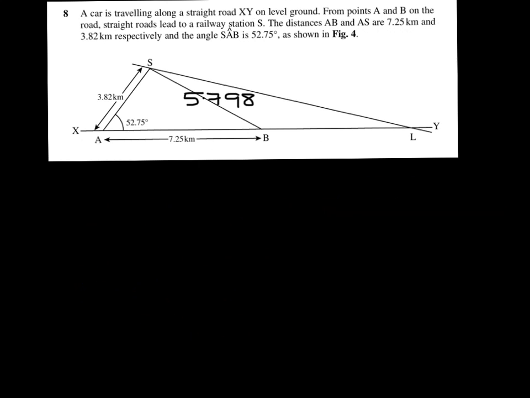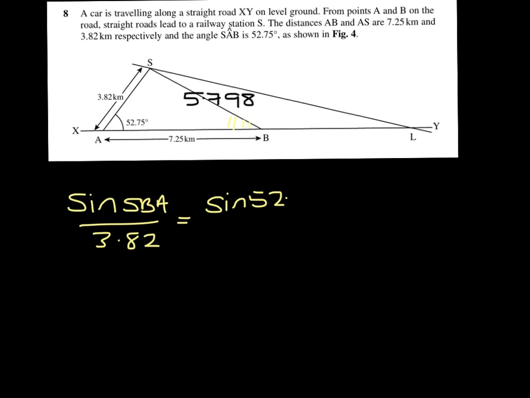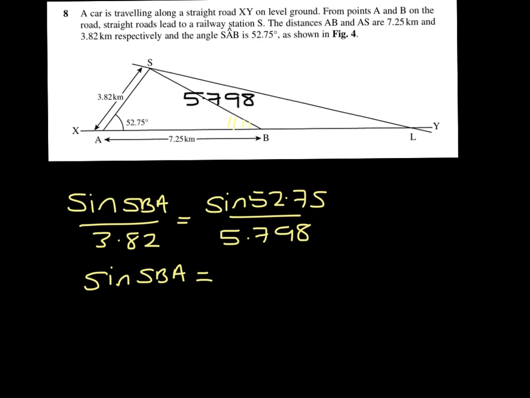Part 2, we're asked to find the angle SBA, so we're going to use the sine rule. And the sine of the angle SBA divided by the opposite, so that's 3.82, has to equal the sine of 52.75 divided by our 5.798. So the sine of SBA will be 3.82 multiplied by the fraction, which gives us 0.5244, and if we take the inverse sine, we get an angle of